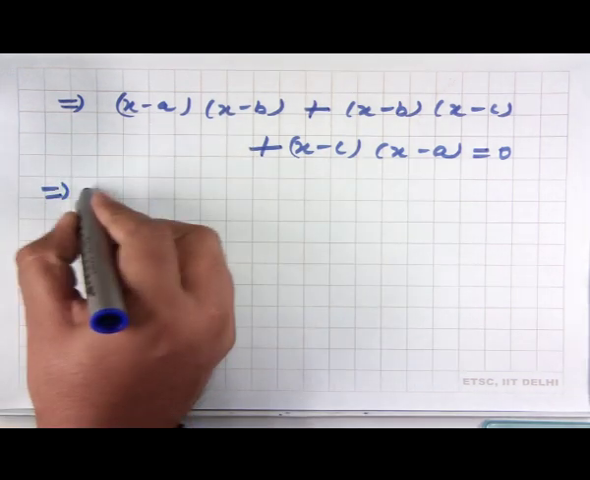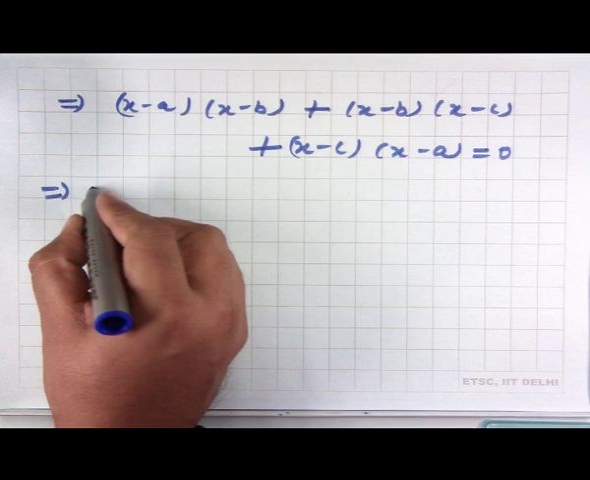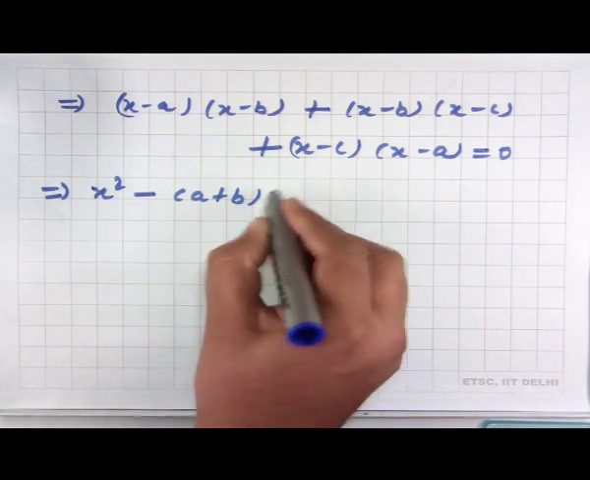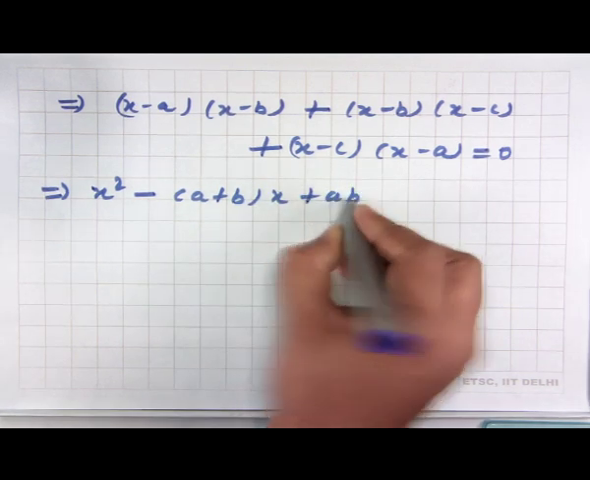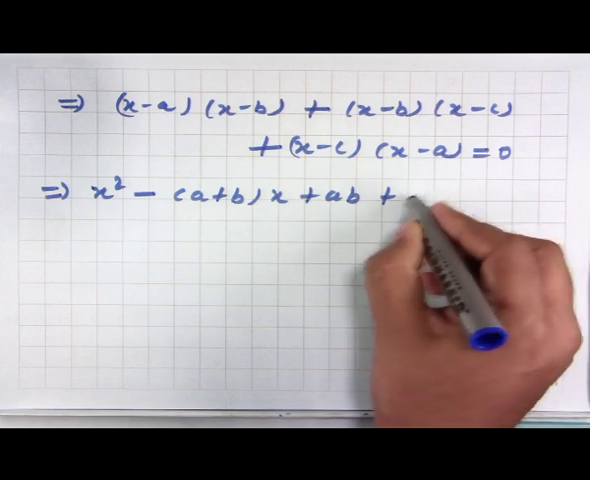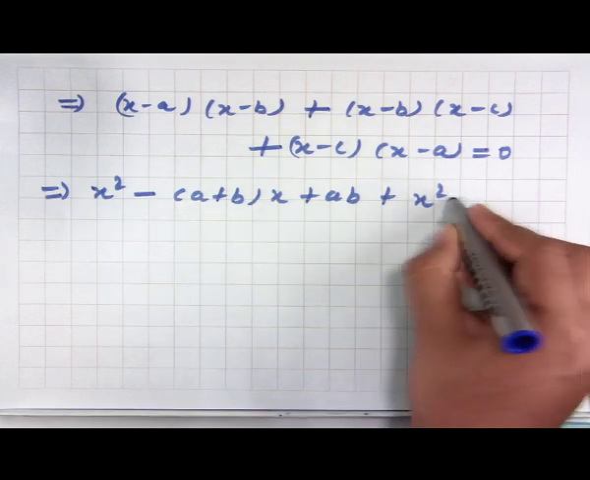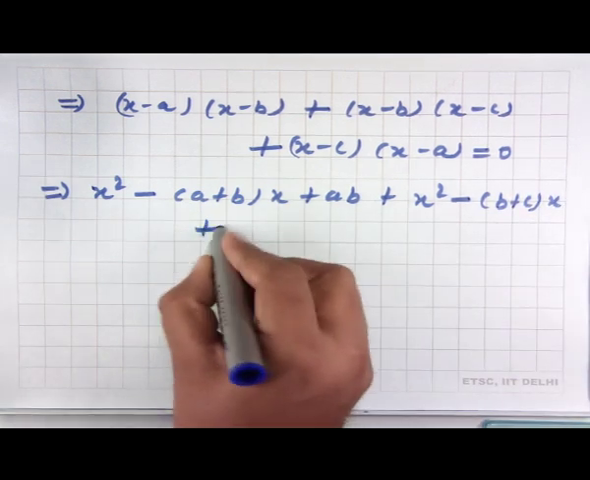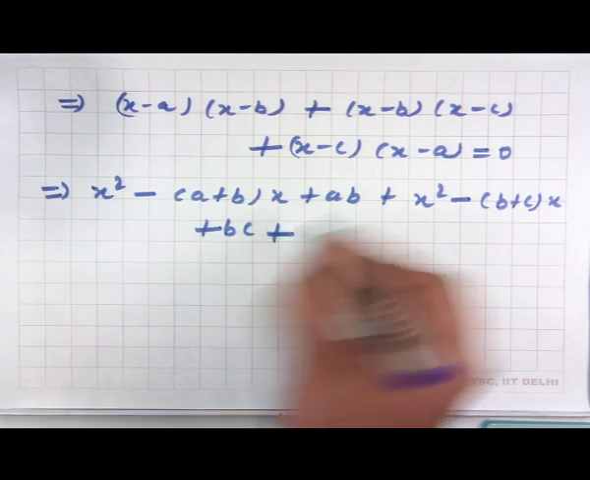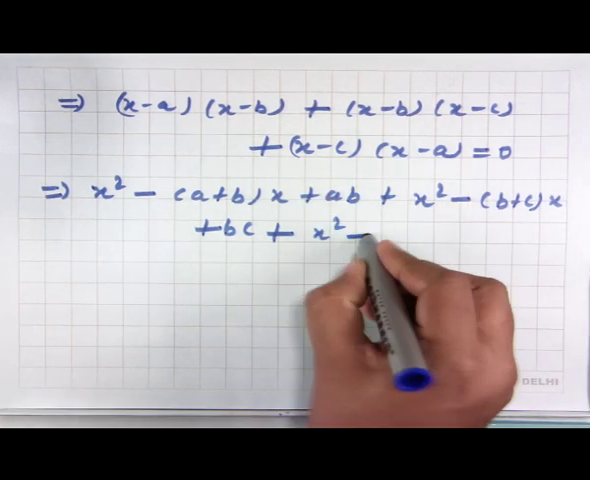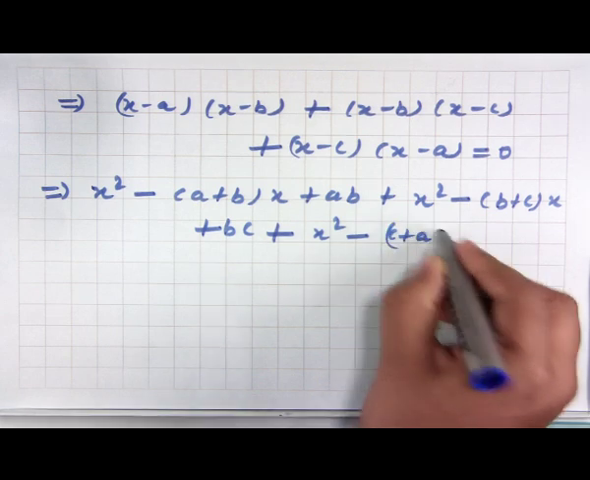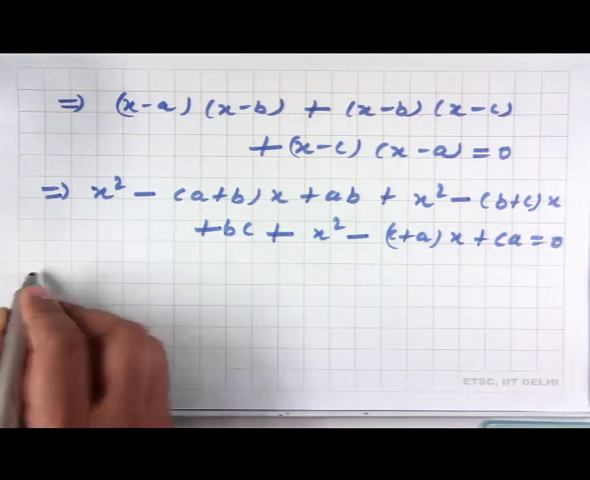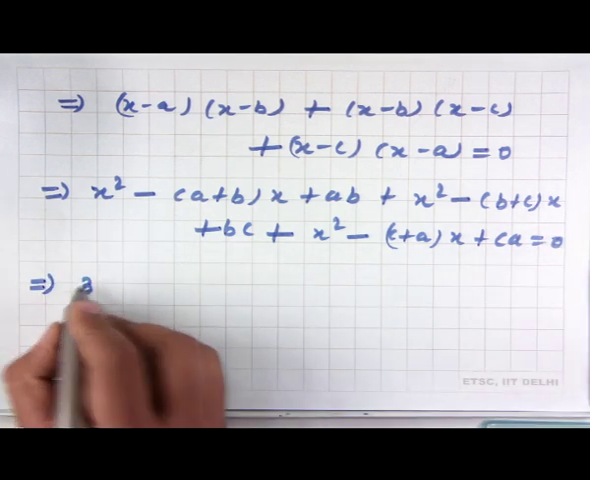Now multiply these two, x square minus (a plus b) x plus ab. Now multiply these two, x square minus (b plus c) x plus bc. Now x square minus (c plus a) x plus ca equal 0. Now it will be 3x square